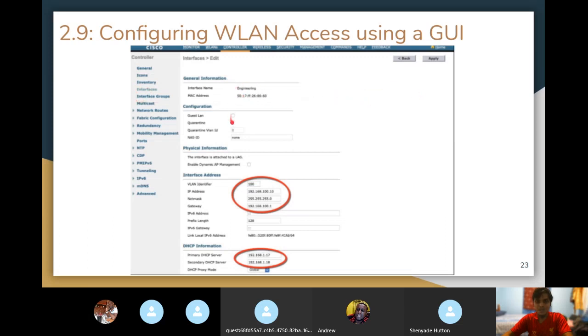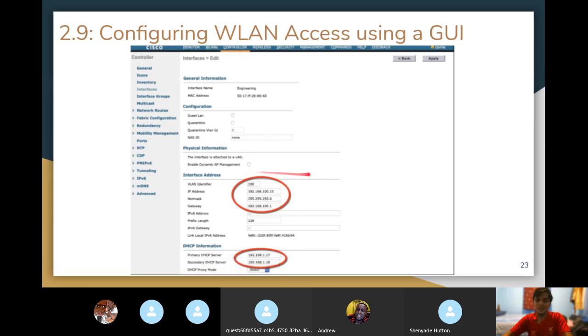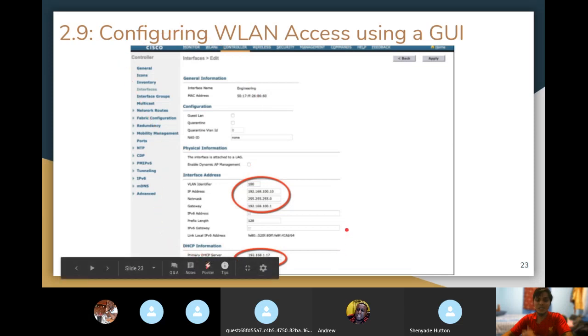And then we have all of these things set up. So we have a VLAN identifier, we have IP addresses, netmask, gateway, prefix length for IPv6, primary DHCP server. So in your WLC lab, you had set up a lot of similar information. It's just that the interface looked different. So as with everything, focus on the concept, and you could apply it in every interface that you see. When I give you the sandbox lab in a little bit, you'll see that it doesn't look anything like this either. So this was just some random Cisco WLC that they use to showcase this stuff,